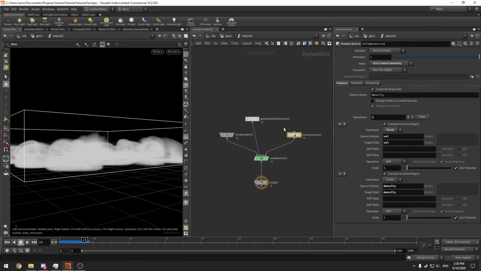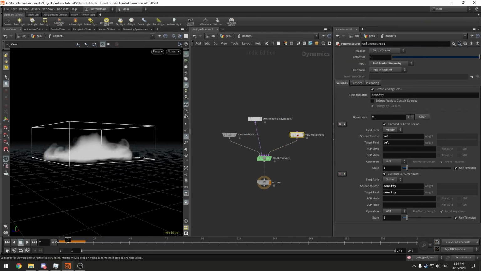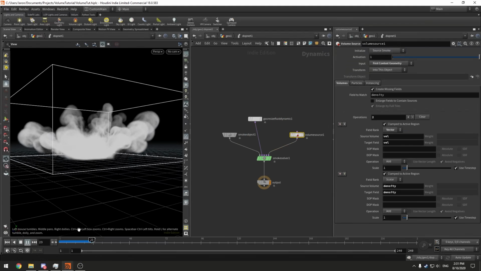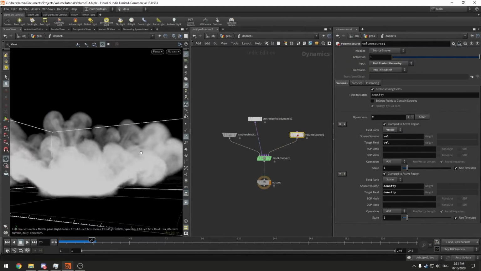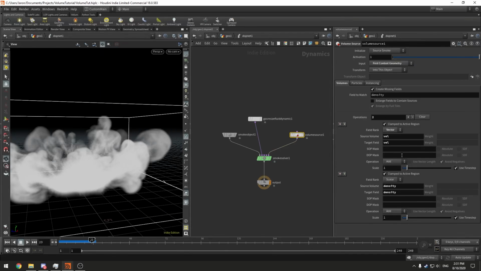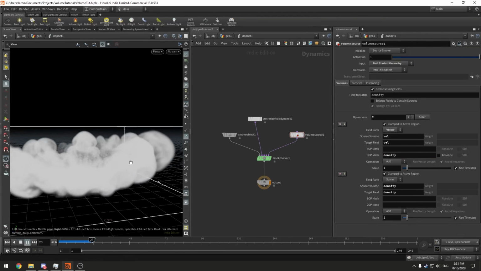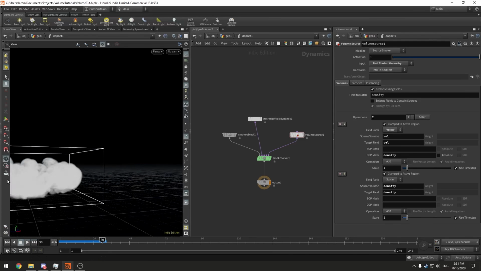I'm not too sure why it's just pushing it down quite a lot. I'd say it's because of this, like so. And it's quite ugly, but currently this is what we're getting. And I actually want this little bit of break up here. So I'm also going to change my dot mask to density. It's just going to change the way this looks a little bit. It's going to give us more mushroom looks, but it's also going to help us if you take the